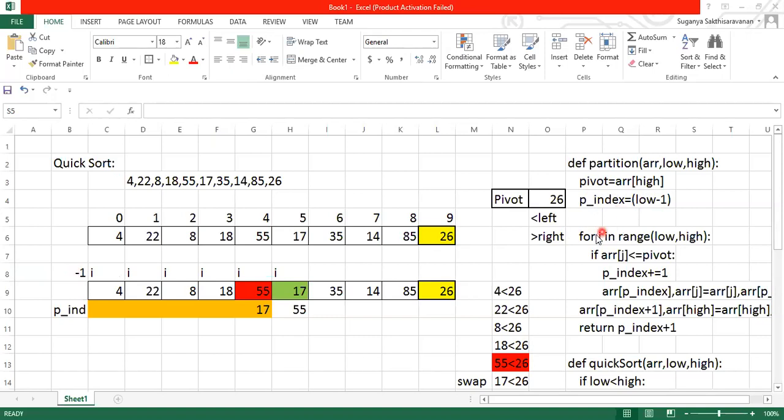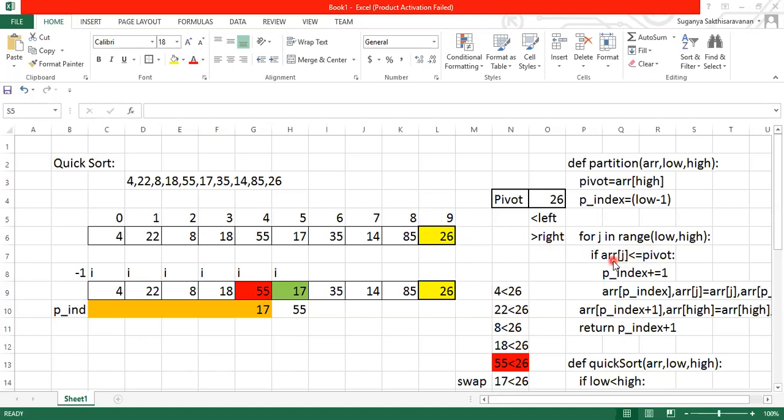Now I'm coming inside. You can notice that for j in range of low comma high. So low is 0 and high is the last index, which is passed here. Now I'm going to check array of j less than high. Guys, if I give high, you are not going to touch this pivot value. The reason is the comparison is going to happen only till the 8th index, not the 9th index. That's the reason I gave exactly high. You should not give len exactly. Len minus 1 you are passing during the function call. So make sure that this is there.